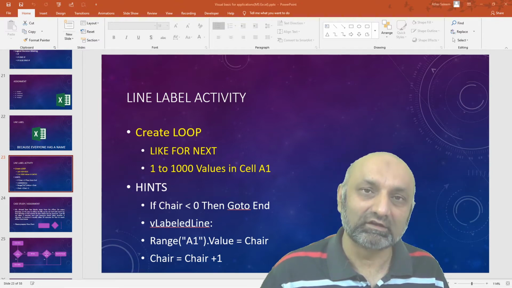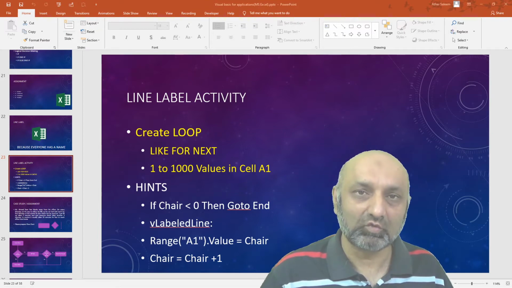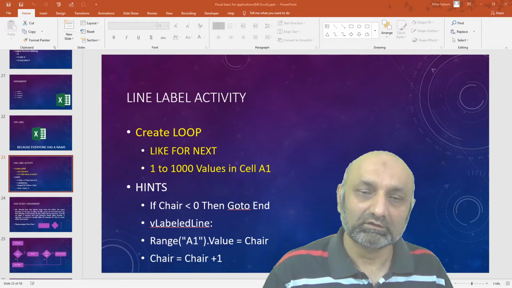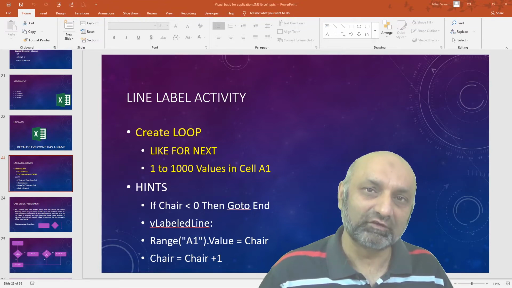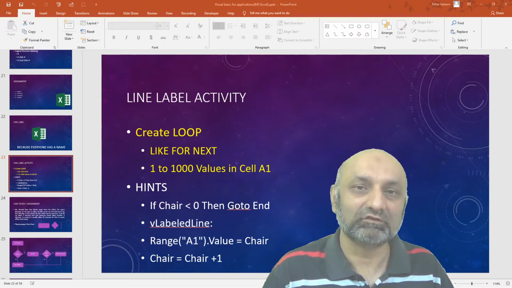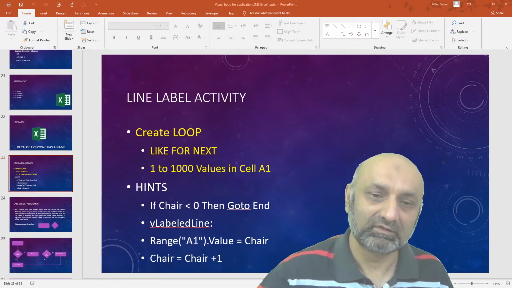After that, we created a loop which changes the values from 1 to 1000 in a single cell. That was the same loop we created with For Next, but this time we used line labels and If Then Else.